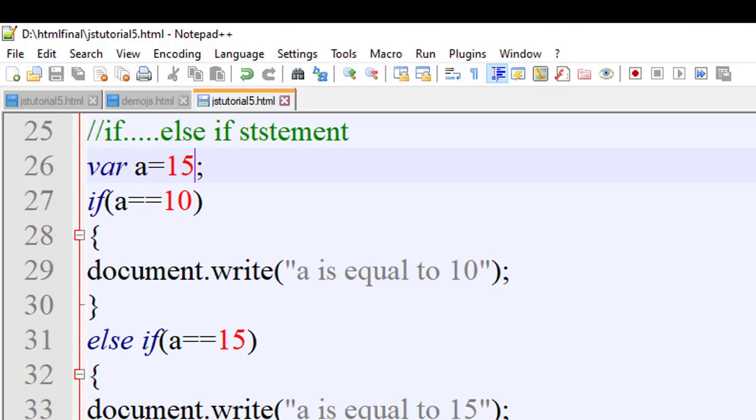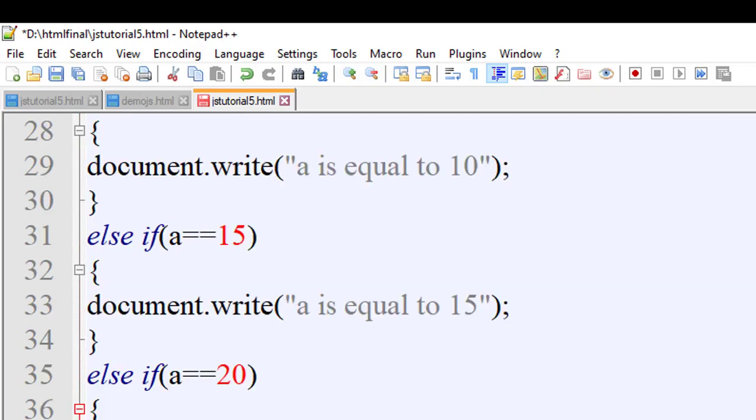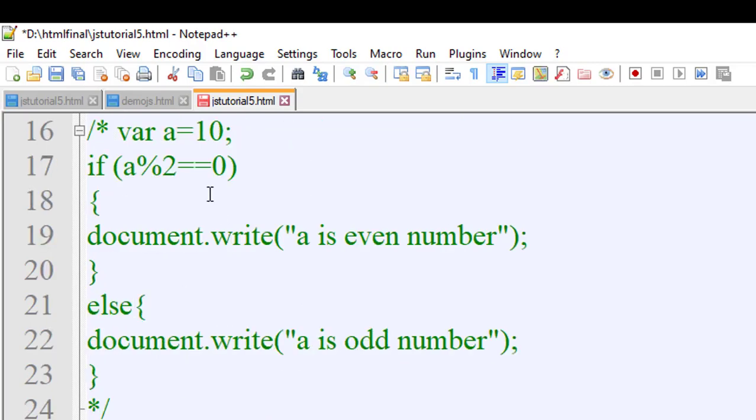Now I will put the value of a as 25. If the value of a is 10, then this statement will be executed. If the value of a is 15, then this statement will be executed, and if the value of a is 20, then this statement will be executed. But we didn't write a condition for the number 25.